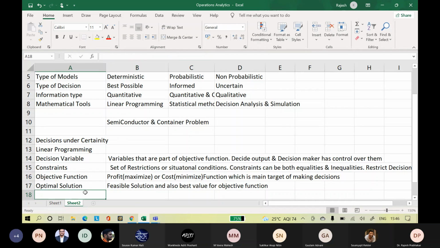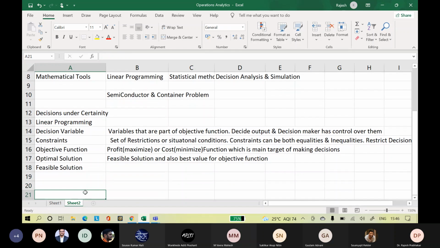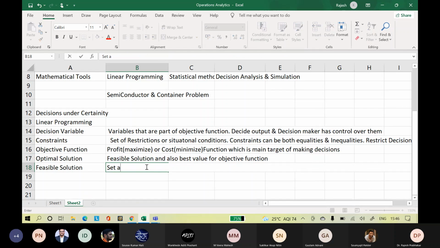Now, what is a feasible solution? Set of all possible values for decision variables within the constraints.